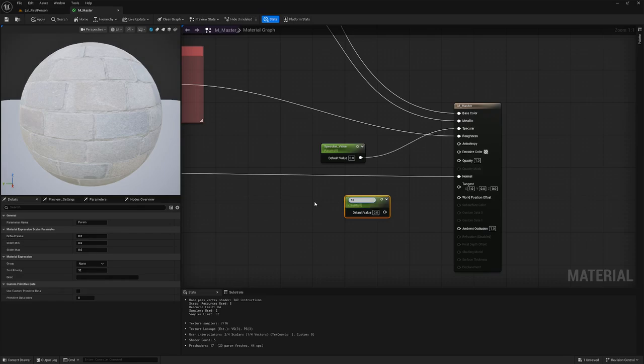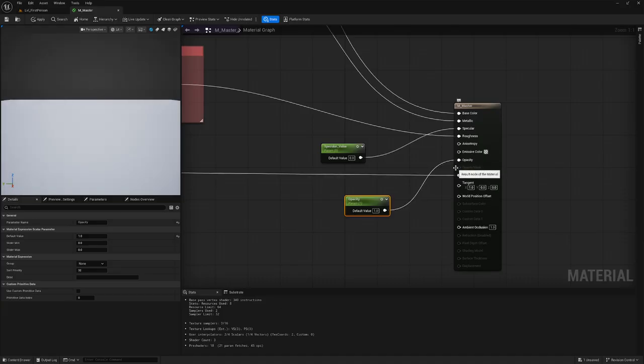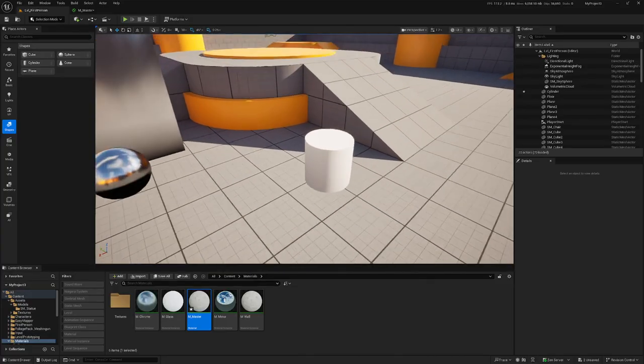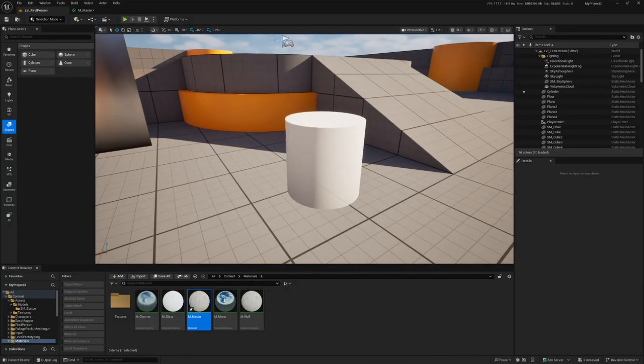But keep in mind that this is very costly. So opacity, by default, we need it to be 1. We need our material to be fully opaque, and then we need to change values. And I will put it into the global texture controls, so it doesn't matter in here. And now when you look into your object in the level,